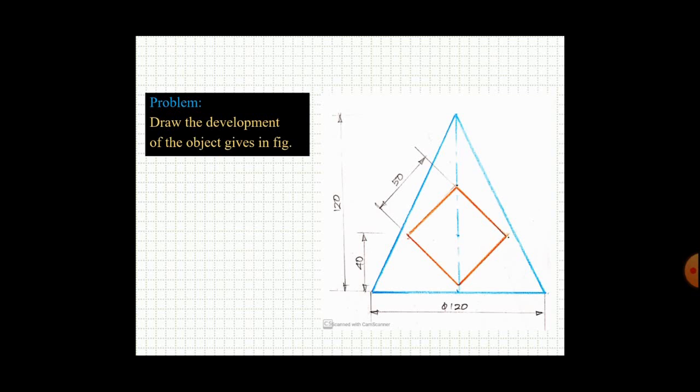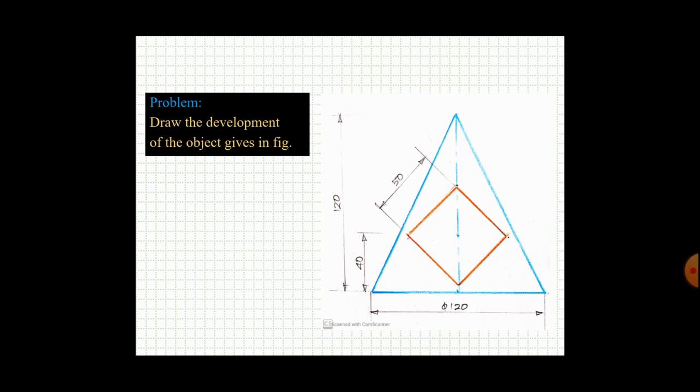Even though they have given the front view only, you have to make it clear that in the top view you can see a circle of diameter 120. So when you draw the orthographic view, you have to draw a circle of diameter 120 and a triangle of height 120. And also they have drilled a